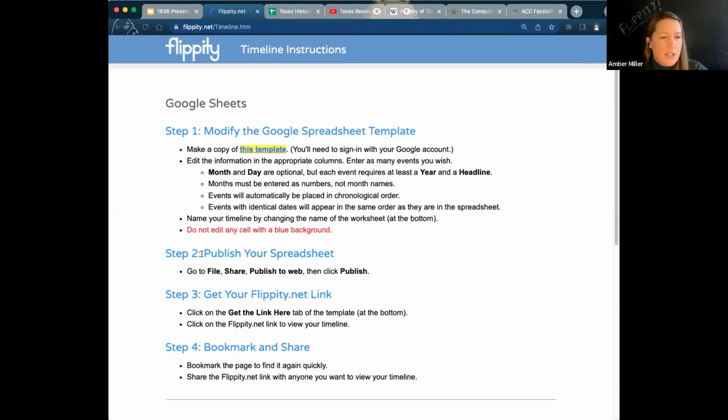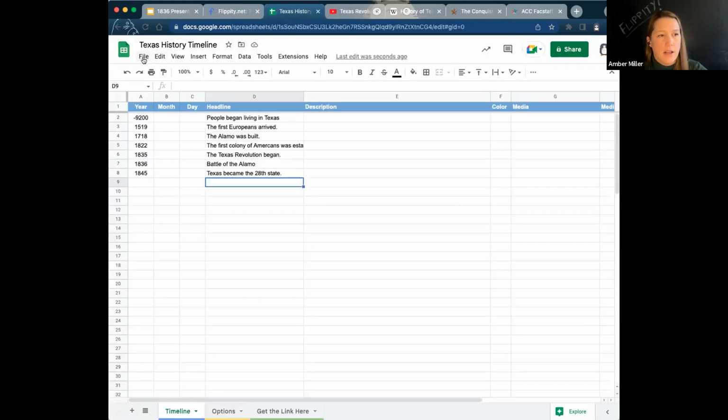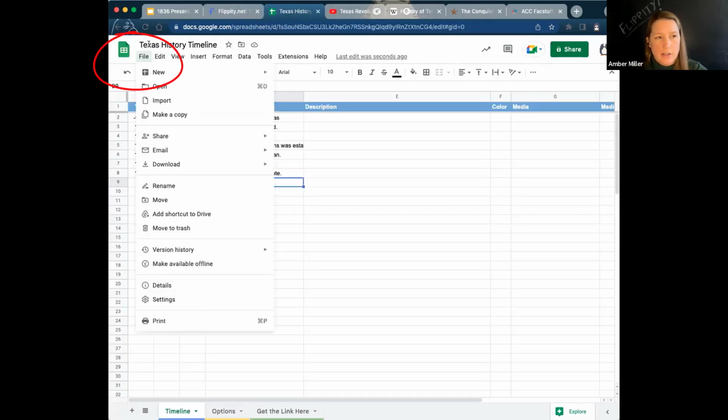So now we need to publish your spreadsheet. Publish your spreadsheet. So we're going to go File, Share, Publish to the web, then click Publish, okay? So it goes like this. File on the top, share, publish to the web,